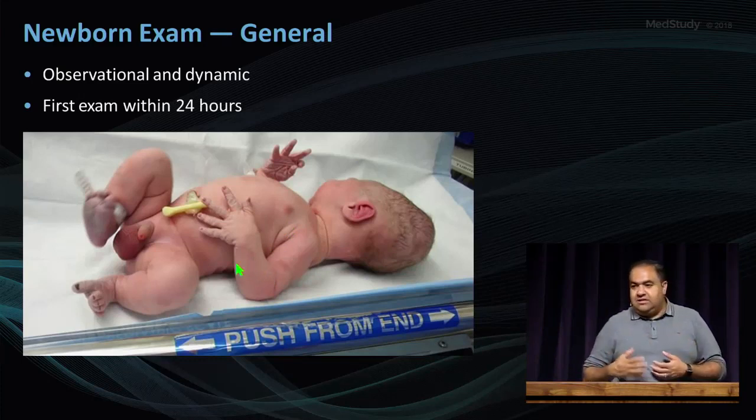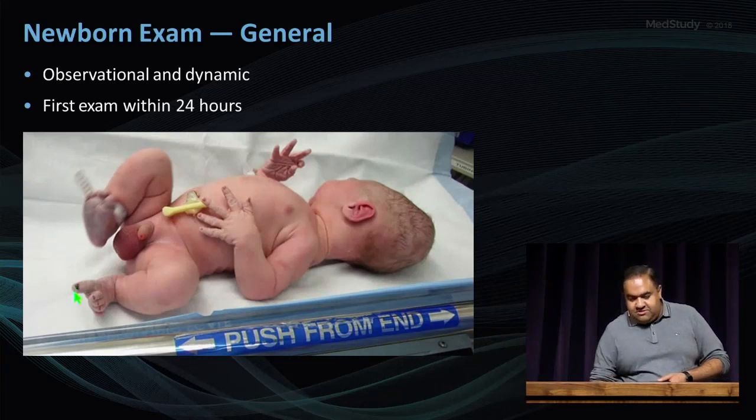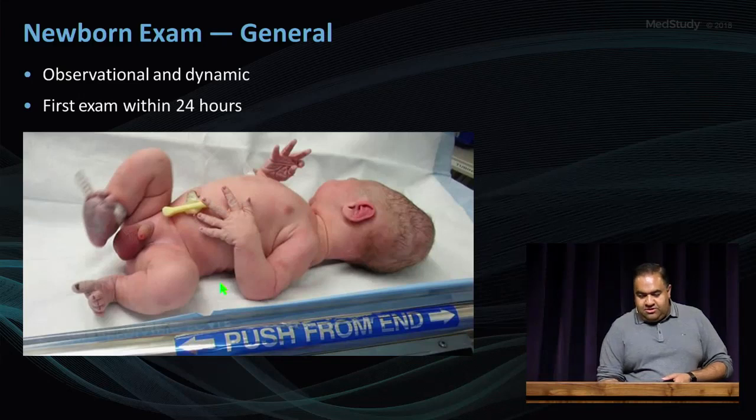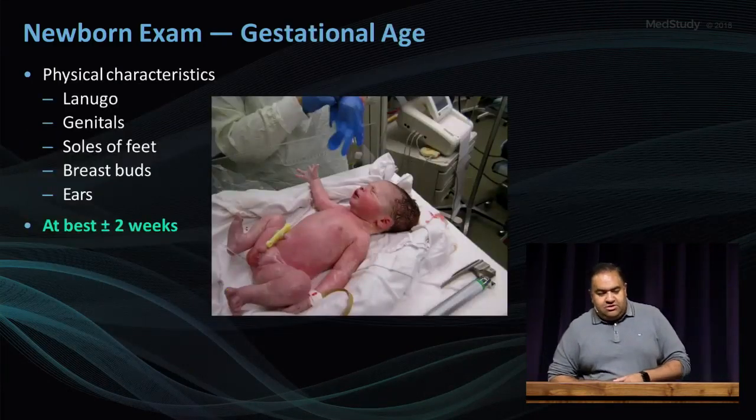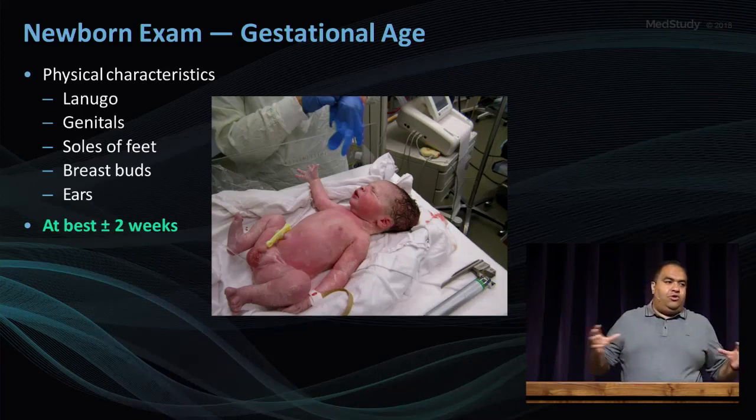This is a really nice demonstration of how the infant should be. This one looks like it might even have some meconium staining on the nail beds here. So we'll go through the exam real quick. Physical characteristics: lanugo, genitals, soles of feet, breast buds, ears, and at best, by taking all the physical characteristics,